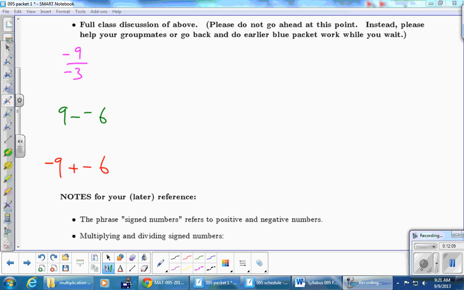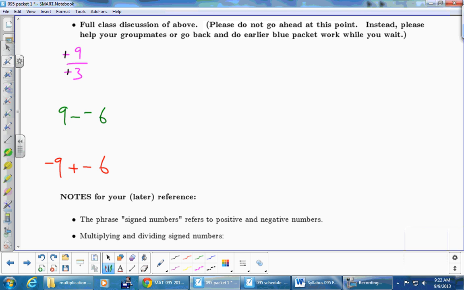Okay, so let's take a look at each of these right here. So the first one, -9 divided by -3. Surprisingly, multiplication and division are easier than addition and subtraction. As long as you know the basic rules about what to do with negatives, multiplication and division are really easy, and it's the same rules. So the fact is, if you take a negative and divide it by another negative, what kind of a thing do you get? You get a positive. So I'm just going to ignore those two. In fact, I might even change them both to pluses, because I know that a negative divided by a negative is a plus. So this problem is really just asking +9 divided by +3, and the answer is +3, and